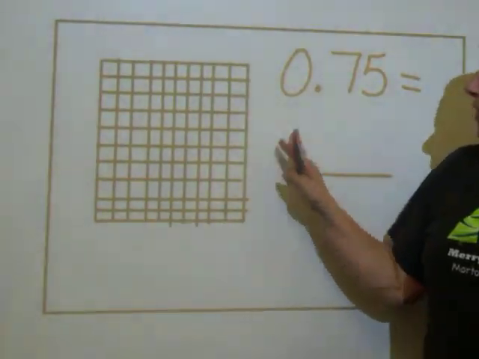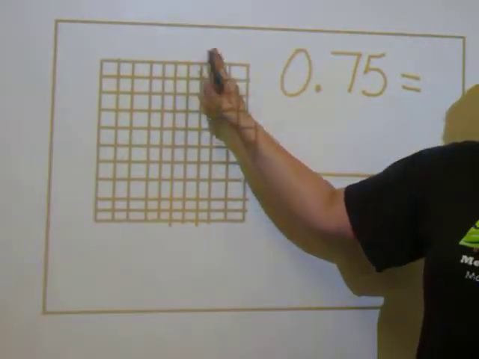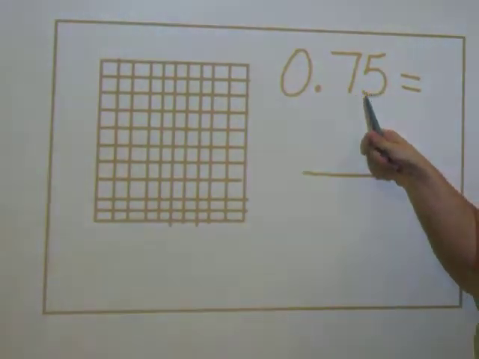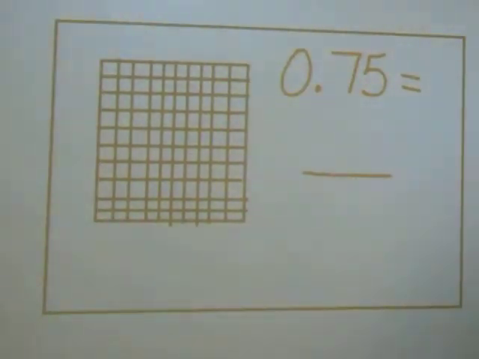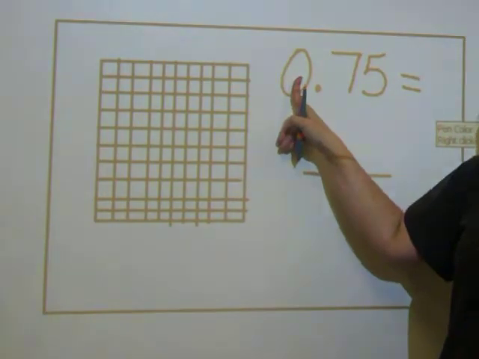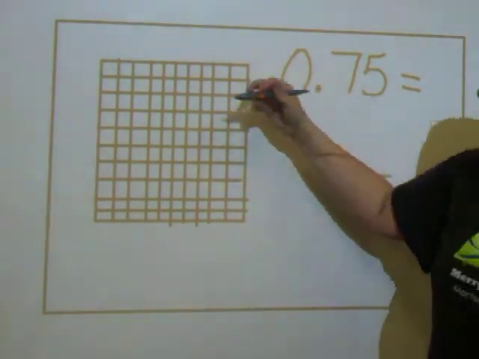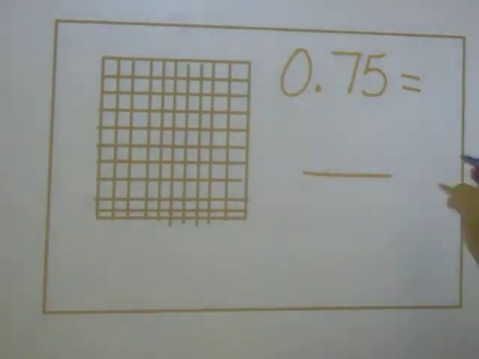Now let's try another one. 75 hundredths. Here is a hundredths grid, and I need to shade 75 of these squares because I don't have an entire 1 whole filled in. Remember, this would be a whole number, and these are part of a number. So I would shade, oops, sorry about that. I would shade,